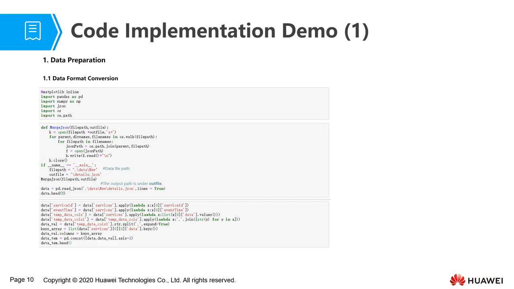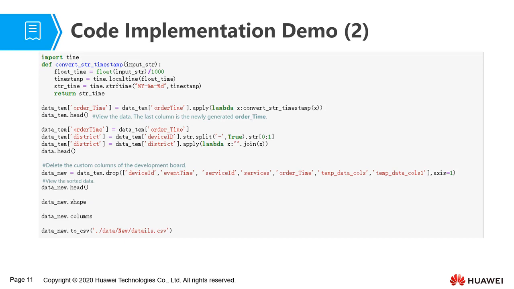After the data is parsed, change the timestamp to the required time format. To facilitate the extraction of area information, we extract the area information from the deviceId field and generate a new field, district. In the JSON package data, the default columns defined by the development board are meaningless. We can use the drop function to delete these columns, and then save the data after the deletion in the